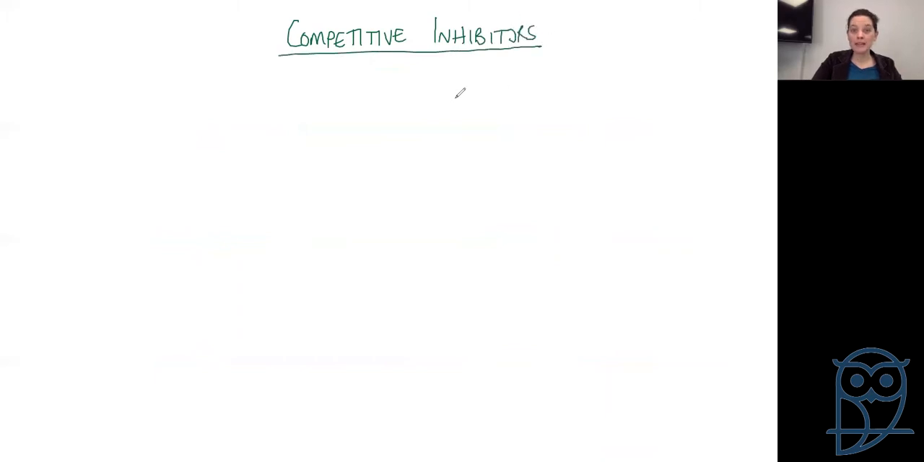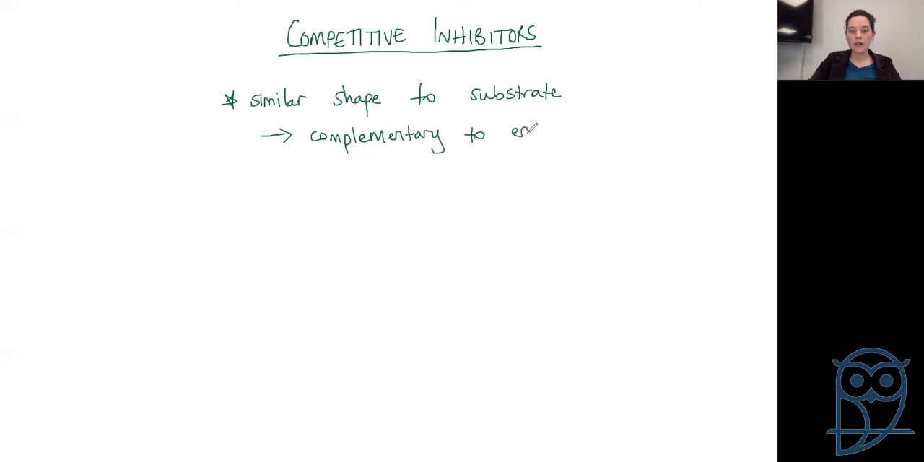So competitive, competing. Okay, so some way this inhibitor is competing with something, and what it's competing with is the substrate itself. Okay, so a competitive inhibitor is one that has a similar shape to the substrate. In particular, the piece that must be very similar to the substrate is that it must be complementary to the active site. So the inhibitor is complementary to the enzyme's